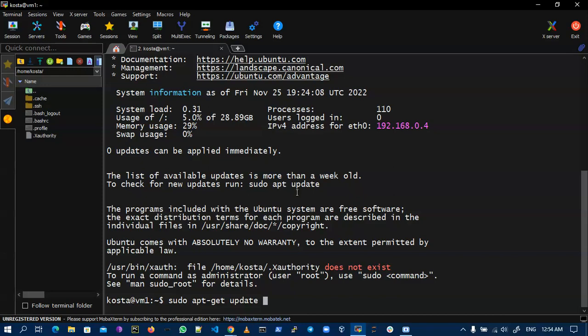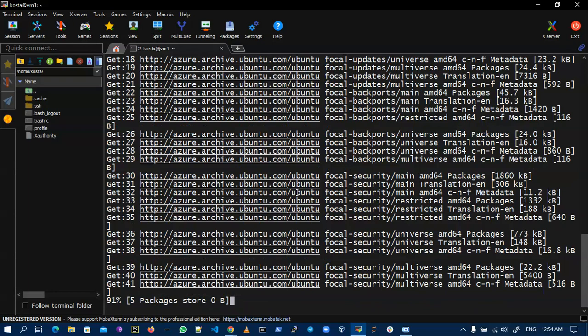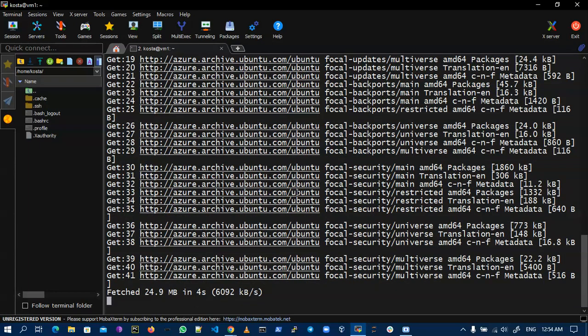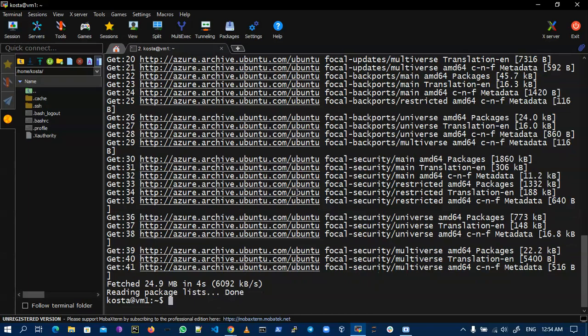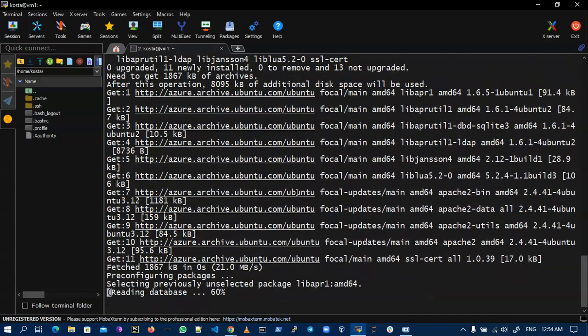Now first I am updating my virtual machine. Now this is done. Now I install Apache web server on it. So for this sudo apt install apache2 -y for yes. So now my Apache web server is installing,